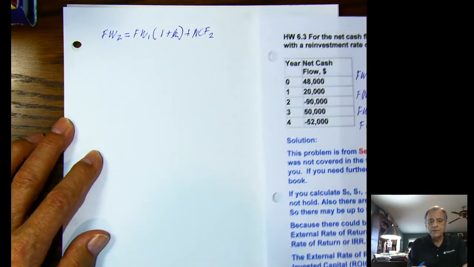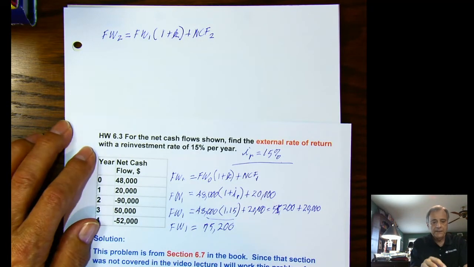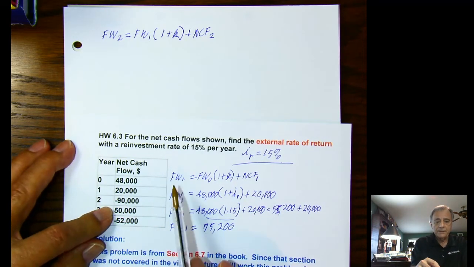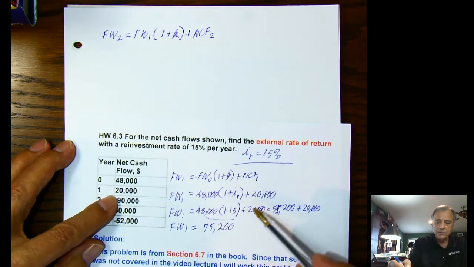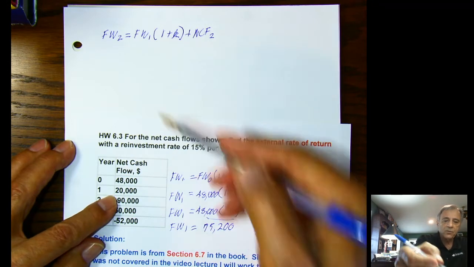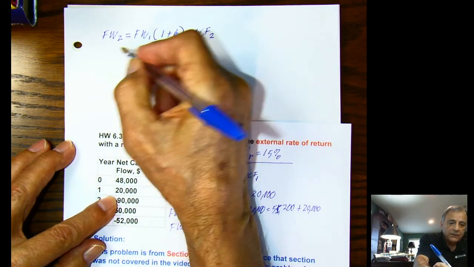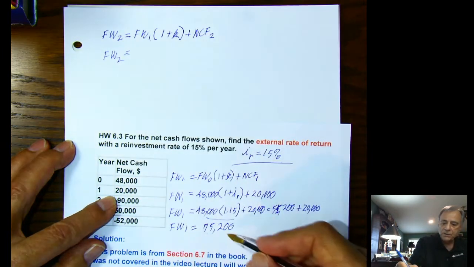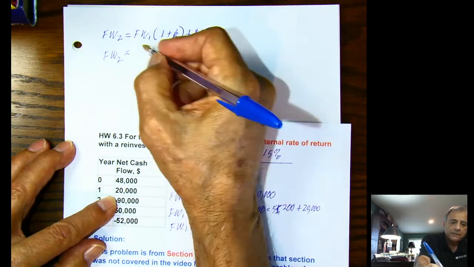The net cash flow at time 2 is 90,000, but we're more concerned right now with the future worth at time 1. So the future worth at time 2 equals the future worth at time 1, which is 75,200